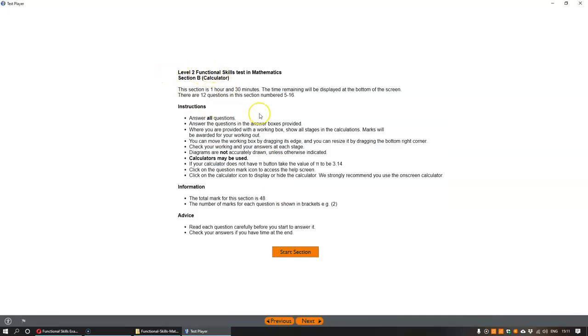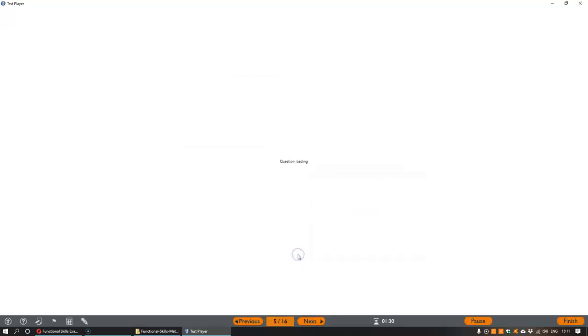And then you'll get this page, again identical to the page that's going to open when you're actually taking the test for real. This section is 1 hour and 30 minutes, and you've got 12 questions. Now this one is the calculator section, and once we click on the start section, what you should see at